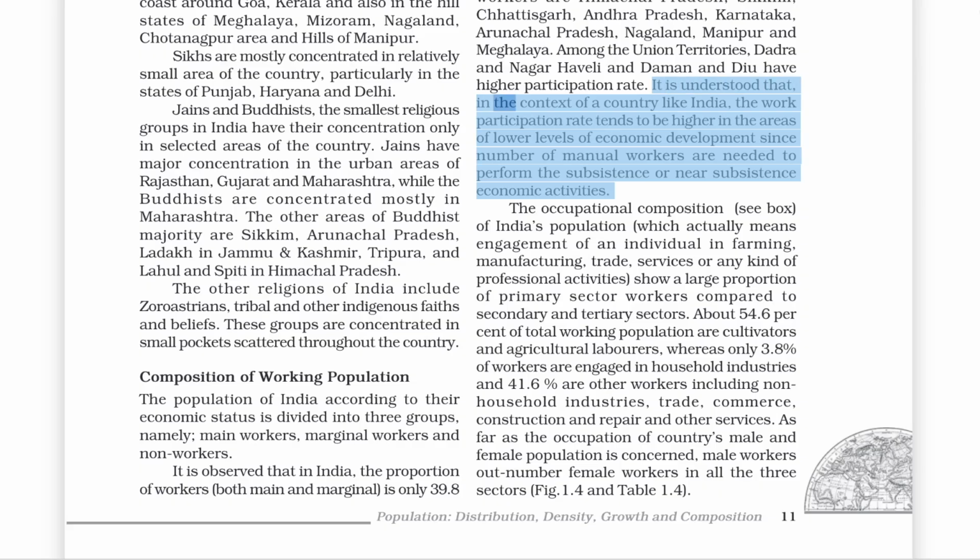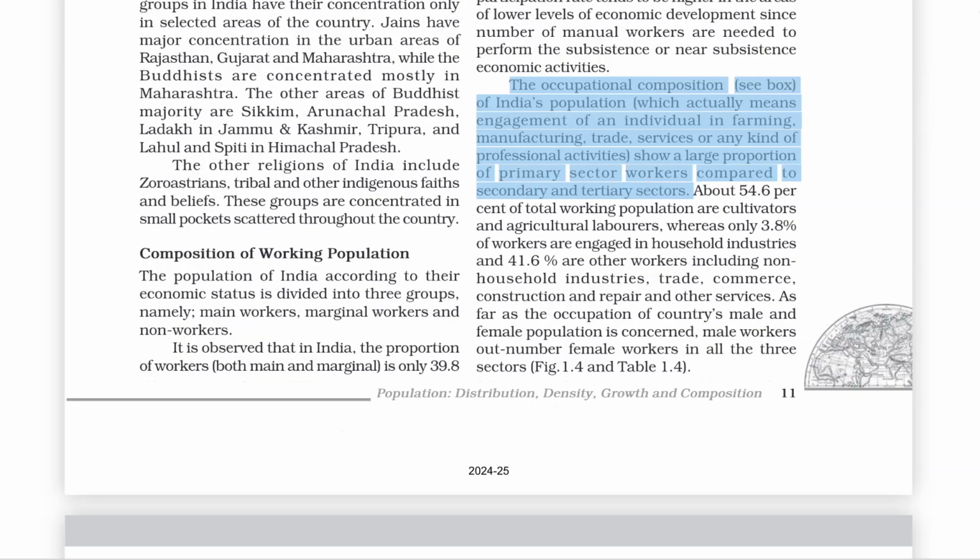It is understood that, in the context of a country like India, the work participation rate tends to be higher in the areas of lower levels of economic development since a large number of manual workers are needed to perform the subsistence or near-subsistence economic activities. The occupational composition of India's population, which actually means engagement of an individual in farming,